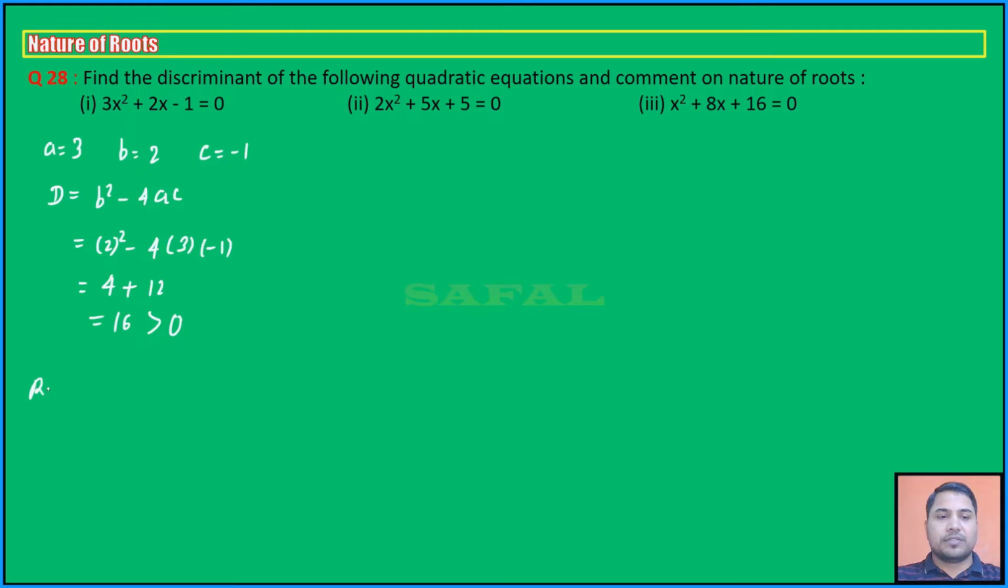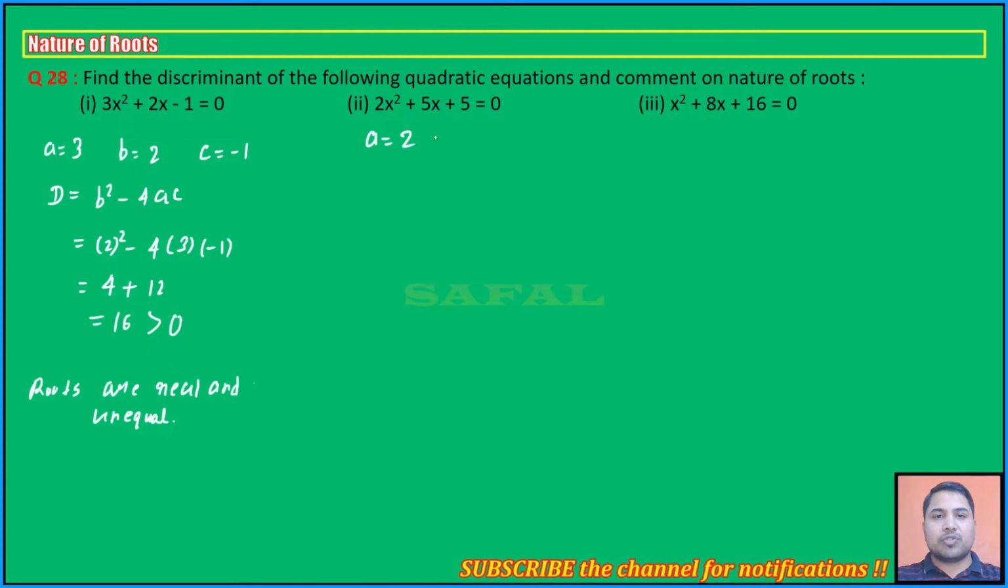So roots are real and unequal. Okay, I can write here. So roots are real and unequal. So बहुत ही आसान है, ABC की वैल्यू लिस्ट करनी है, कैपिटल D कैलकुलेट करना है, and based on that you can easily comment. In the second case, again A is 2 we have, B is +5 and C is